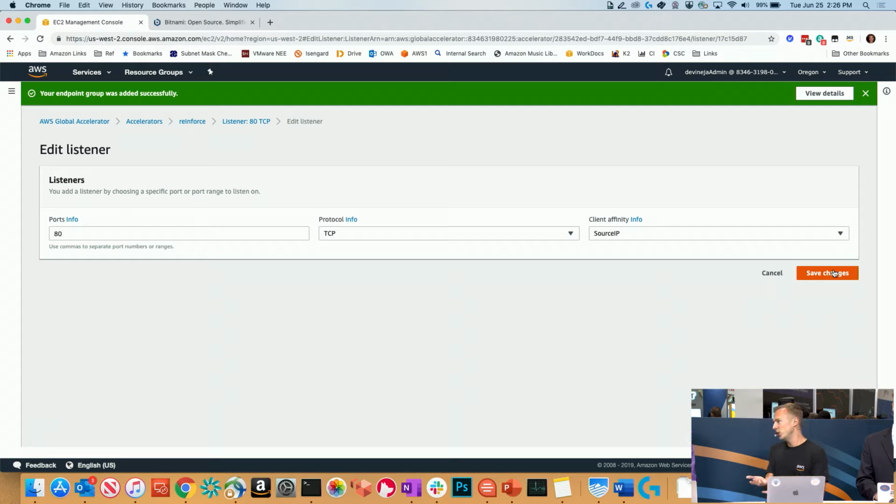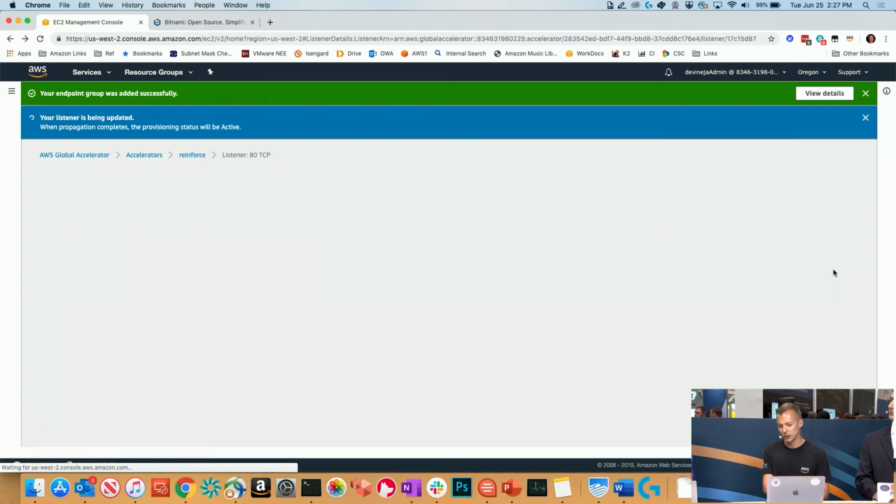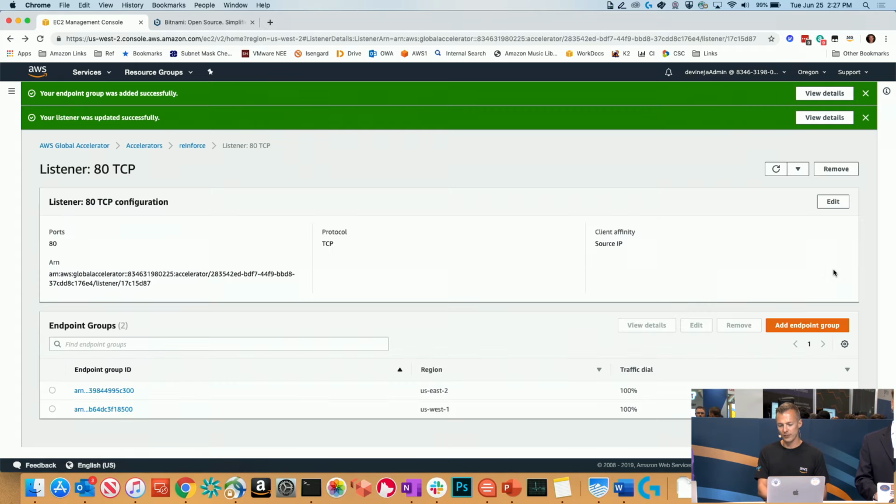So you might want to do that. So to your point earlier about putting that dial down to 50, I could be routing traffic around and lose that affinity, and then the session wouldn't be maintained. Yeah. So here we're able to take that source client IP address. So now if I come in, I'll be directed to the same backend instance, regardless of the traffic dial here.